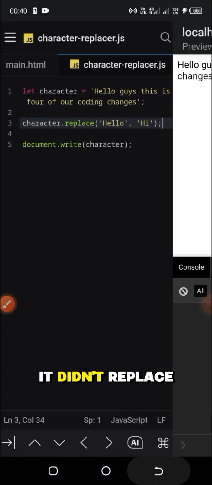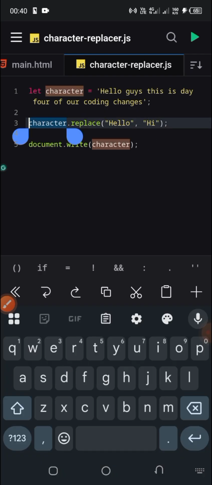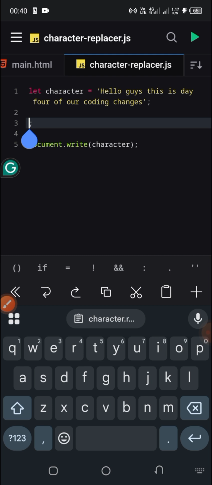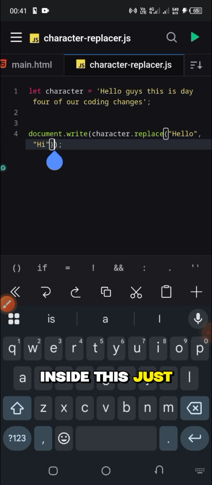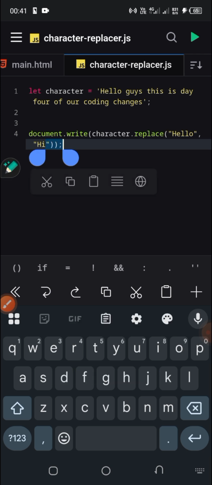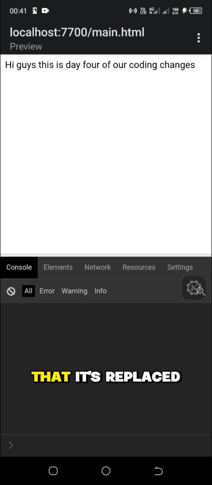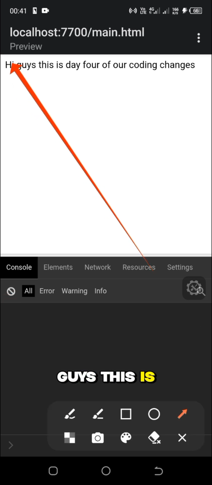Oh, sorry, it didn't replace. Let's just assign it. We can cut it off here, then paste it inside this, just like this. So let's see what we have. You can see that it's replaced. Hi guys, this is